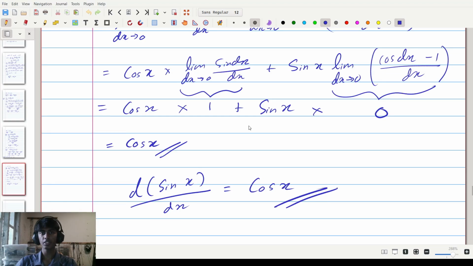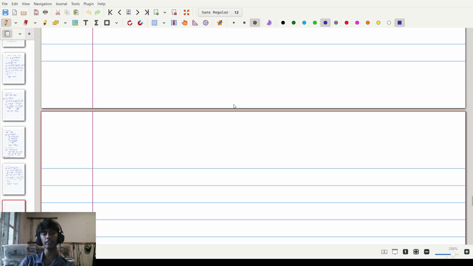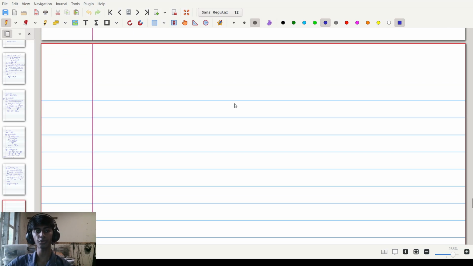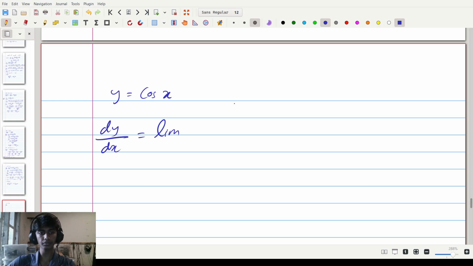So now let's do the same exact thing but with cosine. Let's take the derivative of cosine and see what that gets us. If we take the cosine, we have y equals cosine of x. Taking the derivative of this, we have dy by dx is equal to the limit as dx approaches 0 of